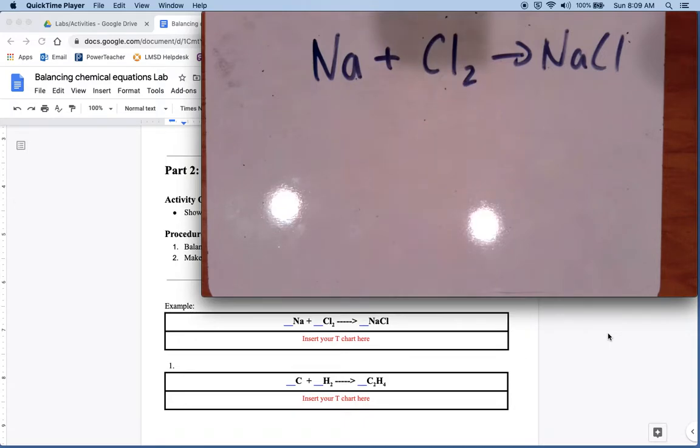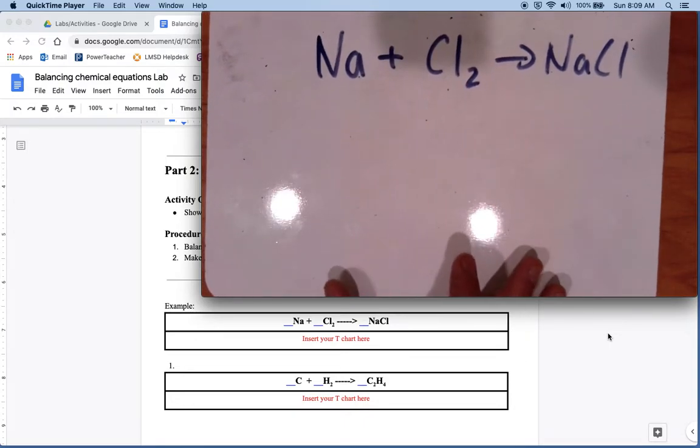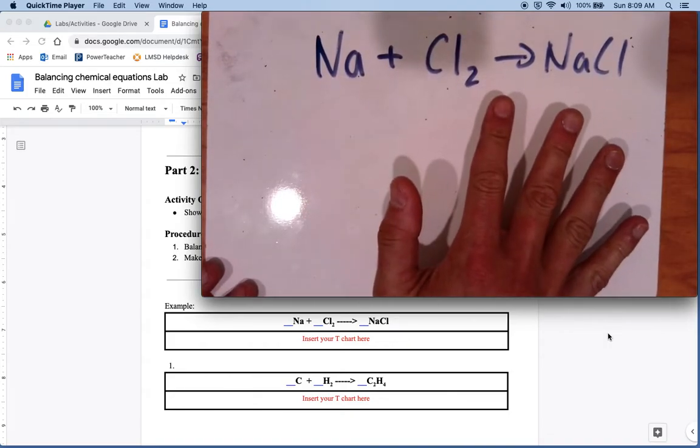All right, so in this lab, all you really need is a whiteboard. I'm using a whiteboard. You can use a piece of paper. You can use the online whiteboard if you want to show the work that you're going to be doing. Basically, what we're going to be doing is balancing the chemical equation, which is really just